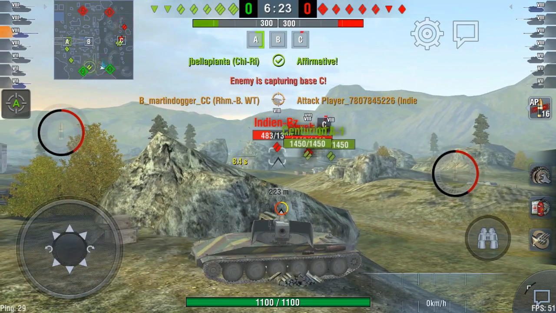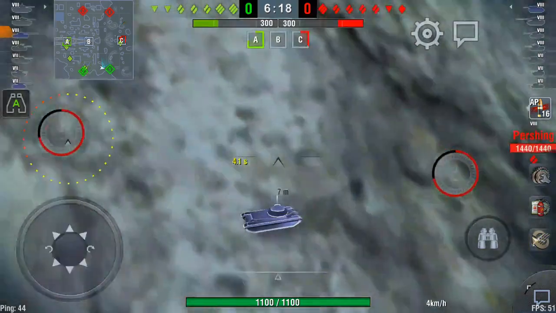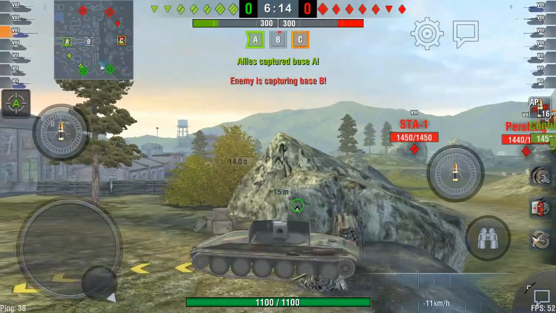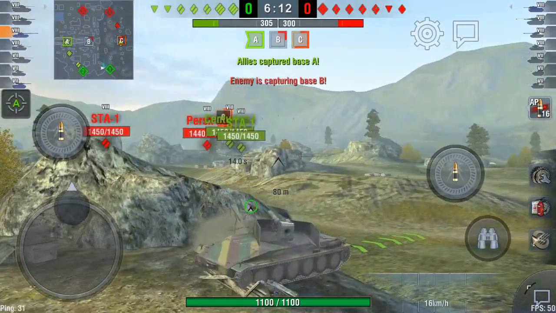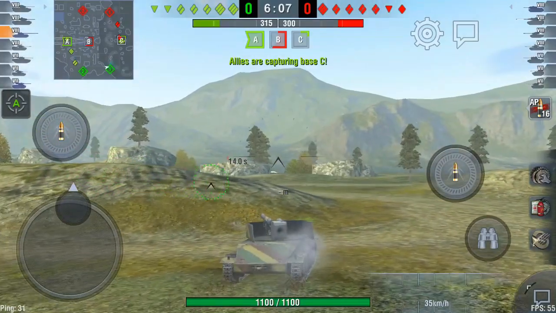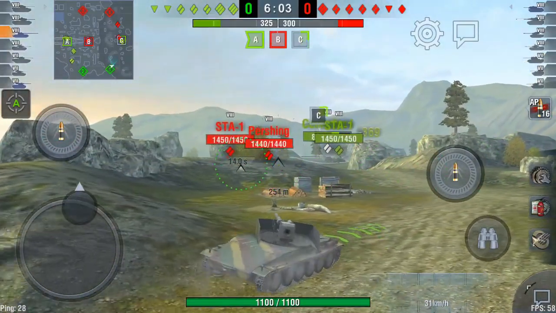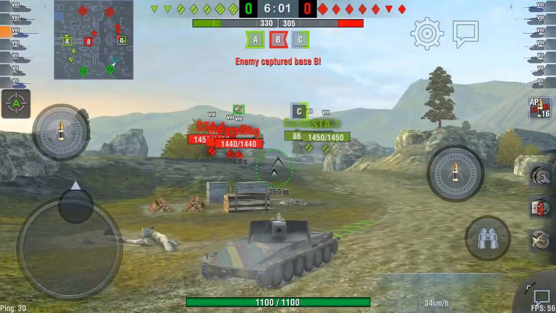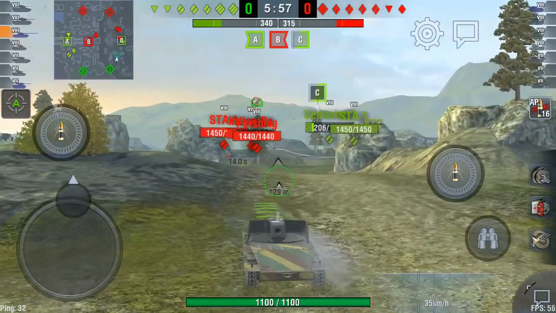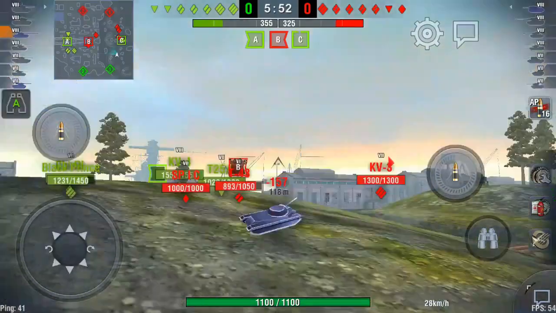You can cover a contested cap by having a big gun over there and just keeping an eye on what's happening. I'm not interested in shooting or killing tanks just yet. I do want to move out of here. Why am I moving out of here? Because B is being captured and I might get pincered and isolated. So I'm going into this position over here where I can cover the C cap, cover that middle approach and retreat into a hull down position to